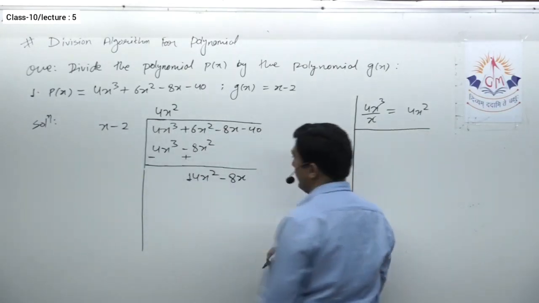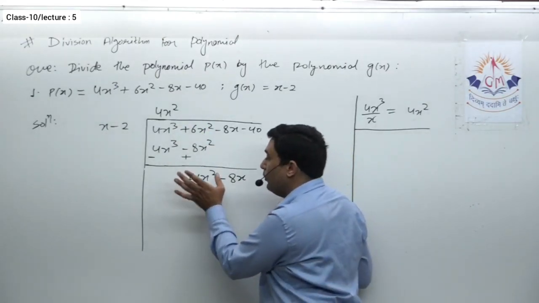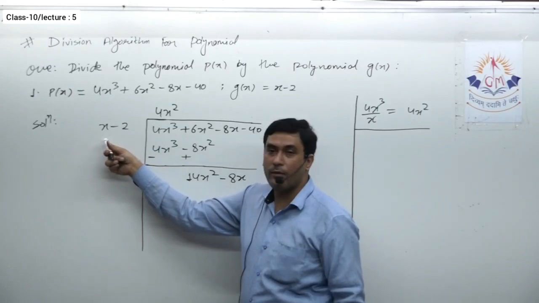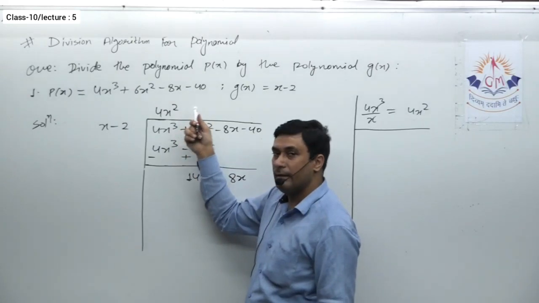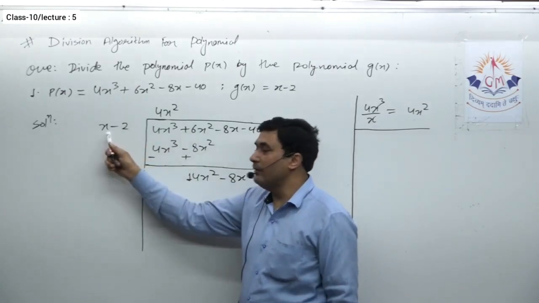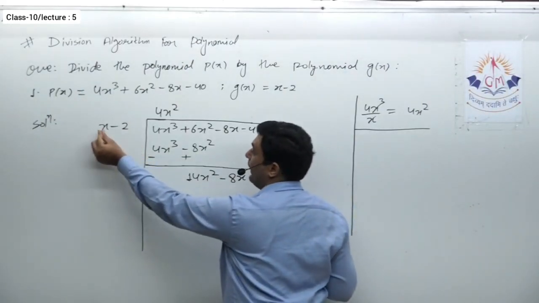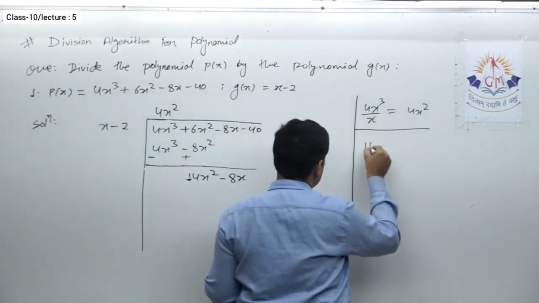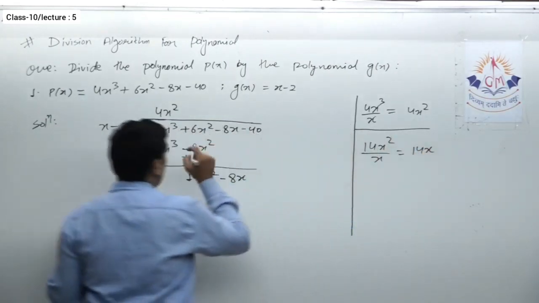Now again the same thing. Again we need a term in the quotient polynomial. So what do we have to do? We have to divide the first term of the new dividend by the first term of the divisor. Every time we have to follow the same method. That means every time, to obtain the terms of the quotient polynomial, we have to divide the first term of the dividend by the first term of the divisor. In other words, think what we should multiply with x to get 14x square. So the answer is 14x, since 14x square upon x, x and x cancel out, and it is positive as well.